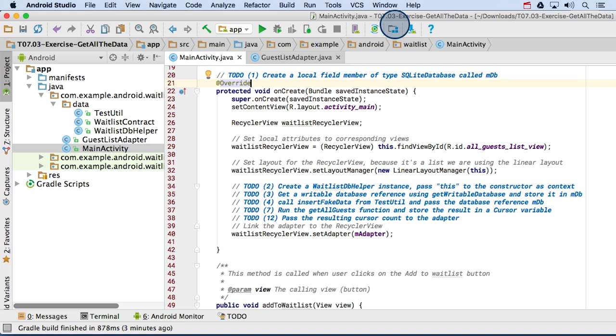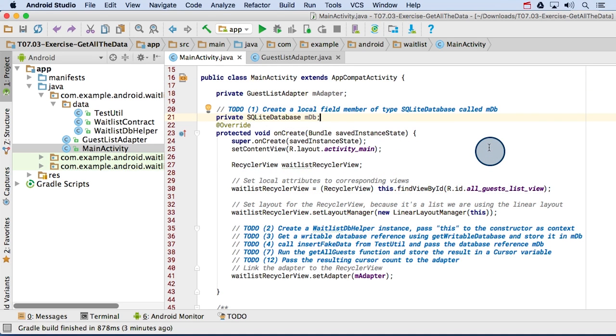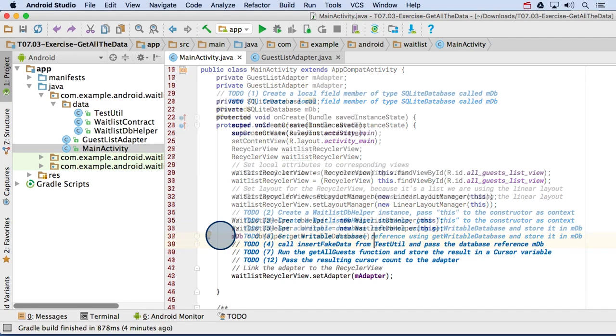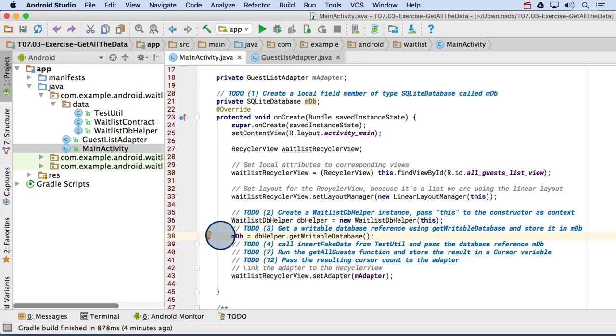So the first thing to do in main activity is to declare a variable of type SQLite database. This will be our reference to the actual SQL database linked into this app. And then inside the main activity's onCreate method, declare and initialize a DB helper object from the waitlist DB helper class and pass in this as the context. Then set the mDb database to dbHelper.getWritableDatabase. If we weren't inserting any data, but just interested in reading data, we could use a getReadableDatabase instead of getWritableDatabase here. But because in a minute we'll be filling the database with fake data, we actually need a writable